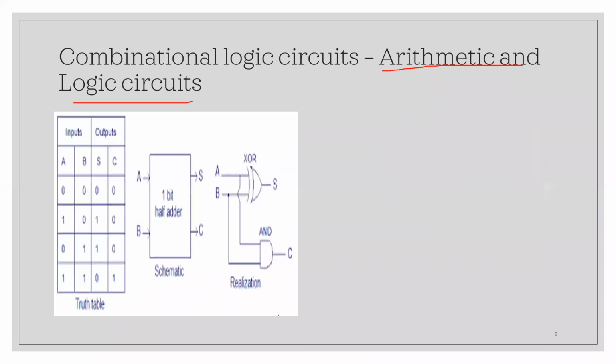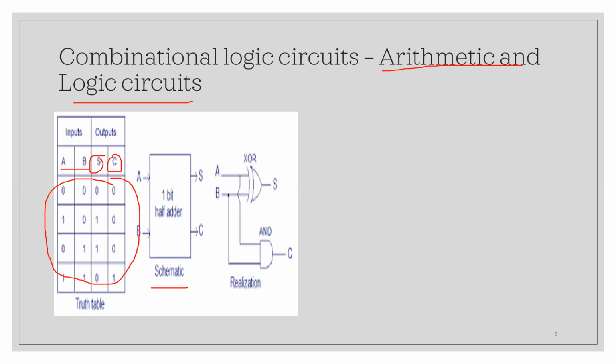I think you know this one, which is a 1-bit half adder. In this case, you are taking two inputs, A and B, and you are adding those, and you're trying to see what is the overall sum and what is the overall carry. I hope you know the truth table, so no need to specify anything regarding that. From this truth table you use any method, say K-map or the direct representation of the expressions, and try to obtain its equivalent gate realization.